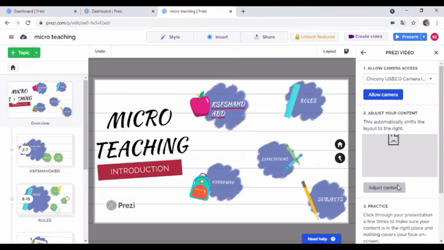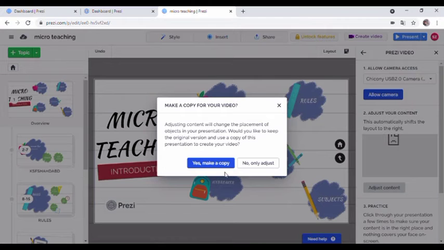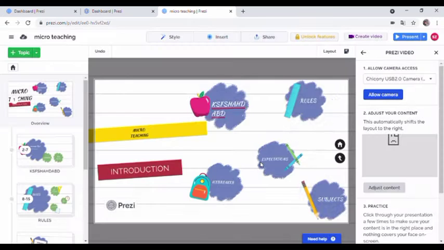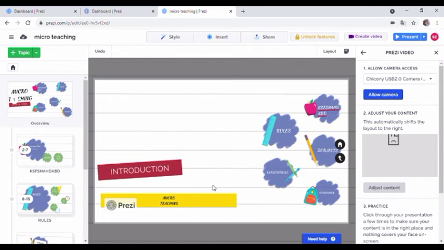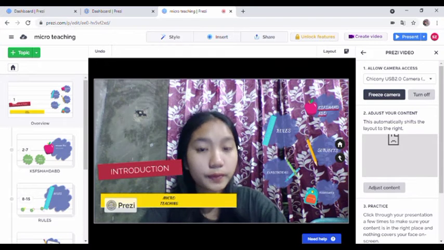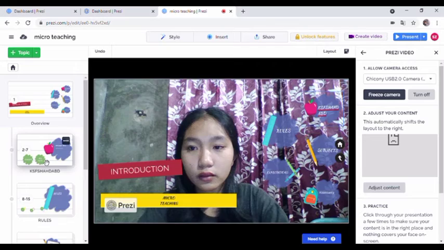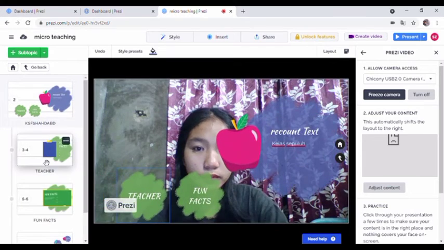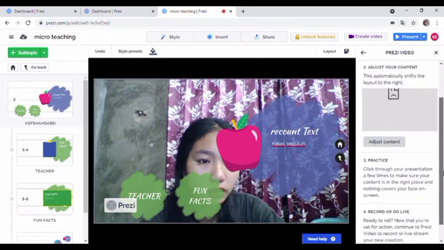And then the second is adjust your content, and not only adjust, it is how our content of slides can be moved while our camera stays active. And the last is